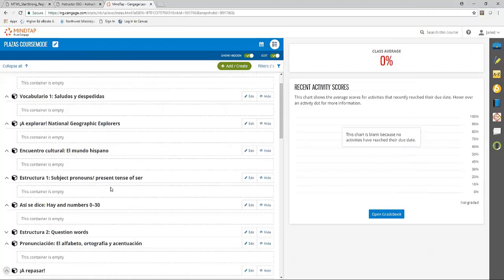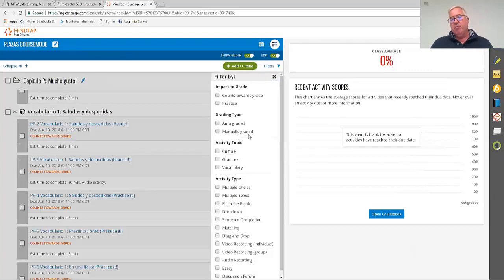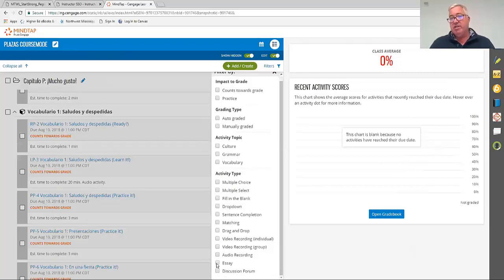And actually, the filtering is a pretty handy tool just in terms of deciding what to grade, or even just viewing what kind of content you want to look through, not just auto-graded. Maybe for your online courses, you want to make sure you assign the open-ended stuff because they're not getting as much practice face-to-face.